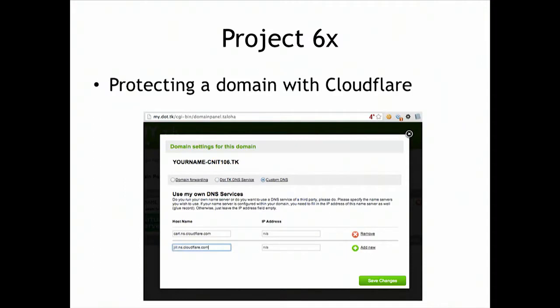Yeah, and then you have a project where you set up your domain with Cloudflare, and when you do set up your domain with Cloudflare, you specify their DNS servers. So now everybody that goes to your website first goes to Cloudflare to find out where the IP address of the website is, and then they're actually given an IP address in Cloudflare's network where they can see a copy of your website, and none of that traffic goes directly to your servers at all, which saves you a lot of money and makes you very resistant to DDoS, but it does mean that if Cloudflare goes down or makes a mistake, you're toast. Of course, that's pretty much true of the other system as well, but anyway,